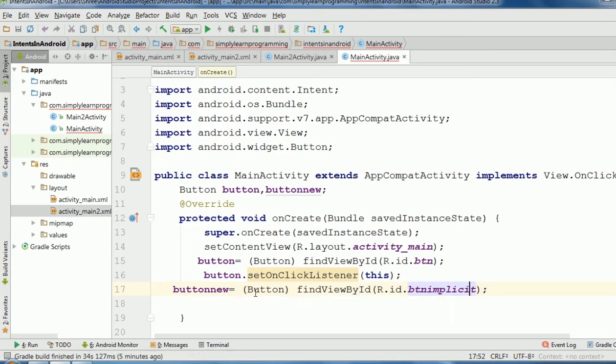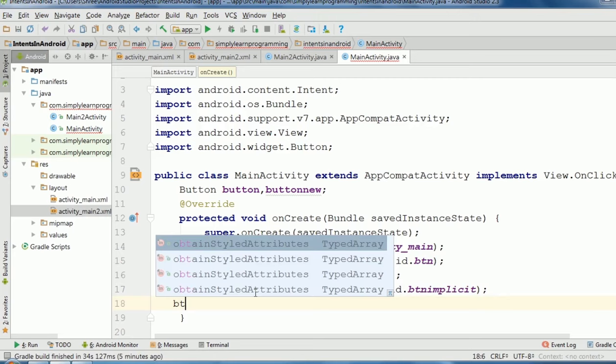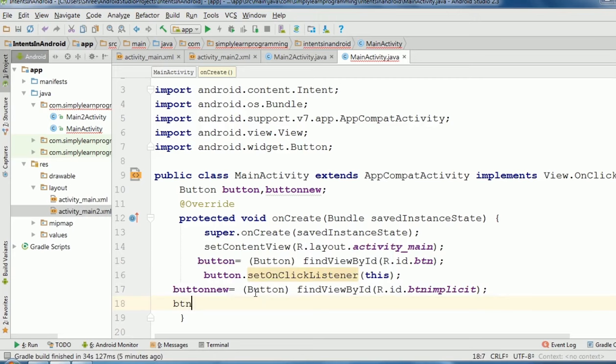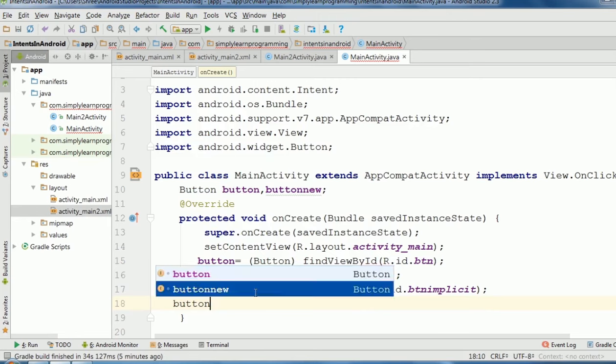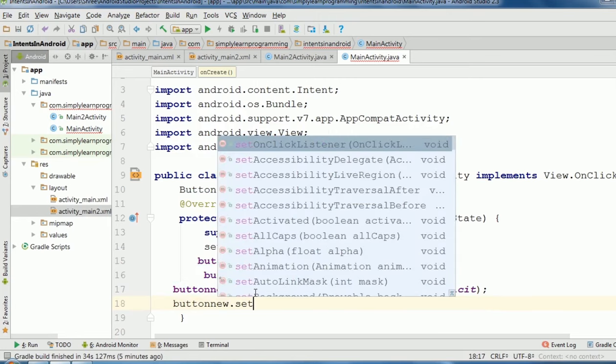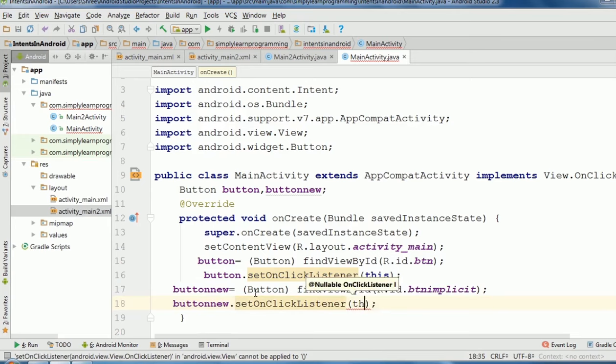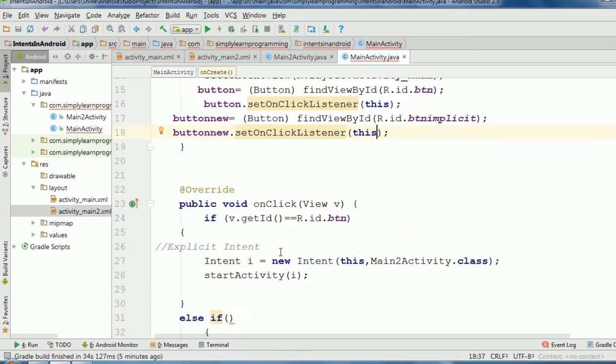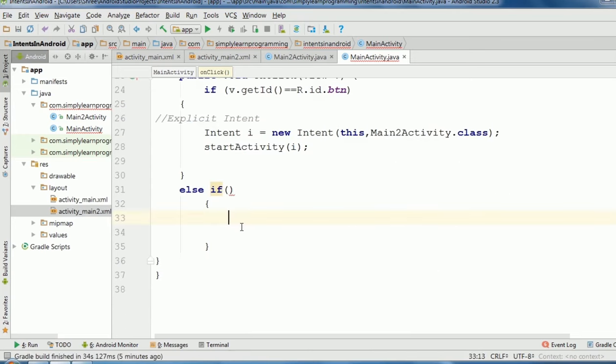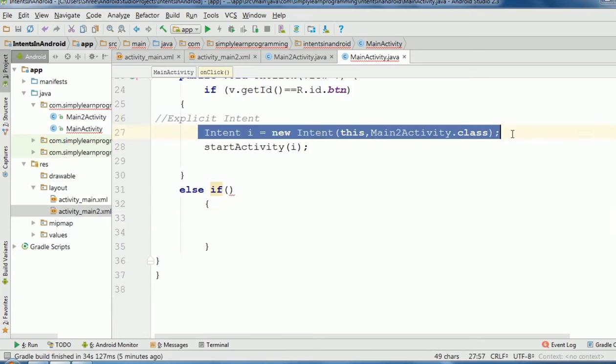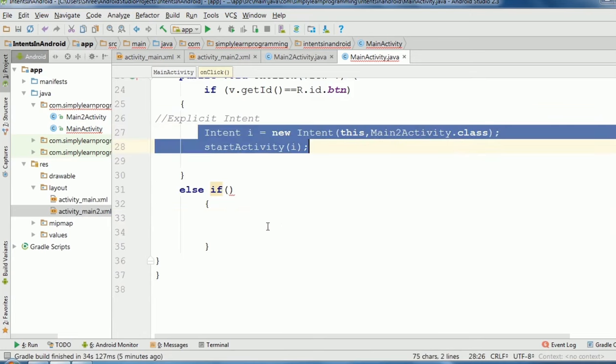Then button variable dot setOnClickListener and this keyword. Now we copy this intent code and paste it in else if.